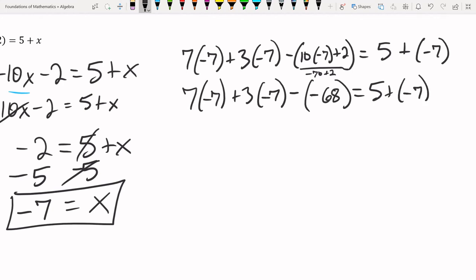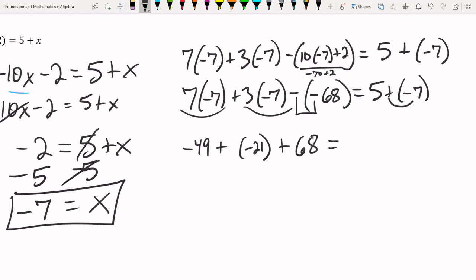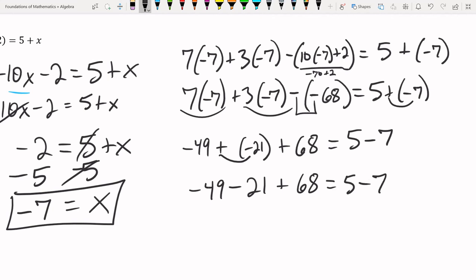Now we're going to do multiplication and division. 7 times negative 7 is negative 49. 3 times negative 7 is negative 21. We have a negative and a negative right next to each other. And a negative and a positive right next to each other, so it's going to be a minus. This is also a negative and a positive, so I'm going to make it minus. And you see here, all we have left is addition and subtraction. Working left to right, we have negative 49 minus 21